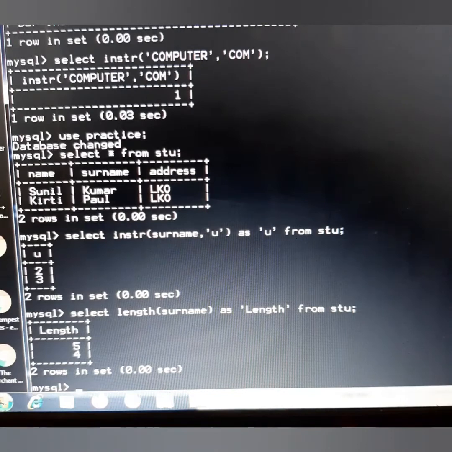So the length of surname of both, Kumar and Paul, will be represented over here. Then comes example 21, which says that display employee names and name lengths for employees. So here also we can do the same thing. If I want to display the name and the surname and the length of the surnames. Surname